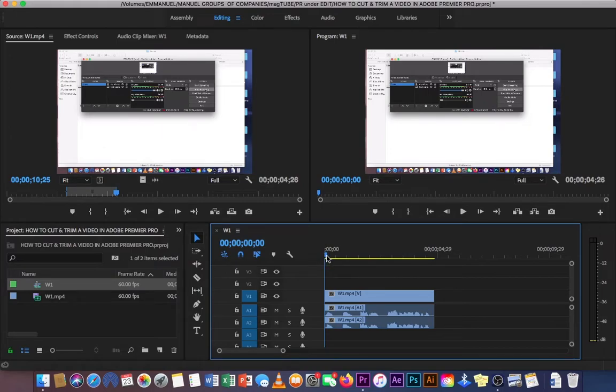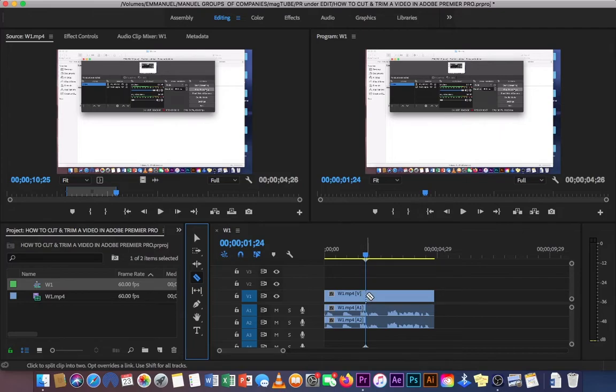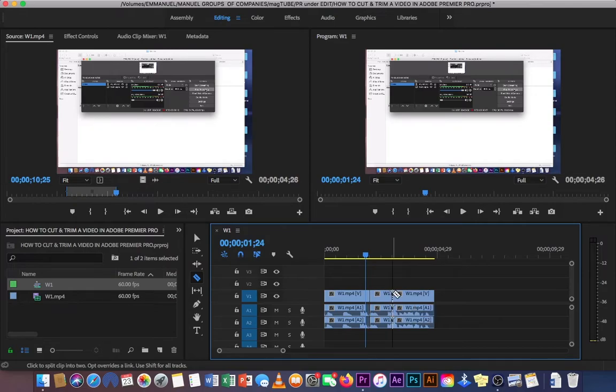So now let's come to the cutting. So even with this one, I will still want to cut out some parts of this video from it. I just have to come here and select the razor tool, or C for the shortcut of the razor tool. You click that one, and then you can see it's showing a razor or a blade kind of icon. You select the parts you want to cut out, select here for example, and then you come here, and then boom, you are done. You come back to the selection tool, or V for shortcut,